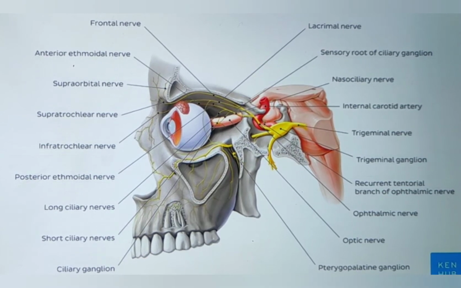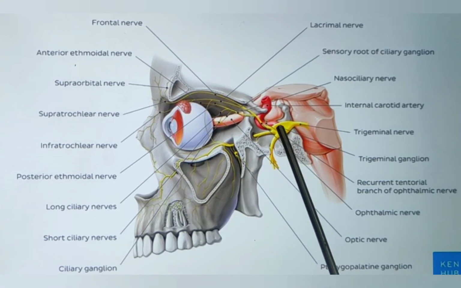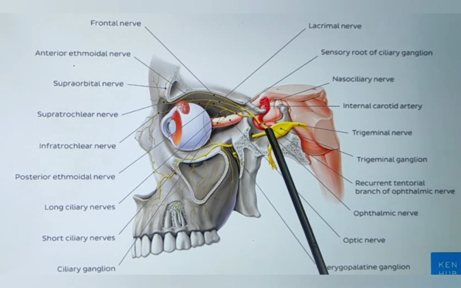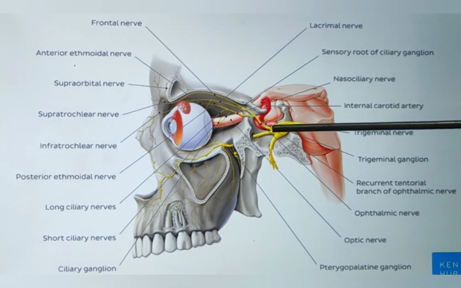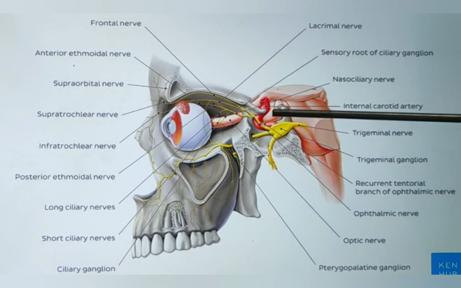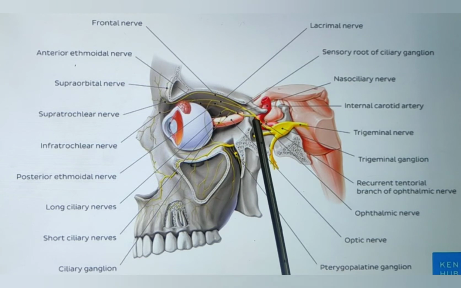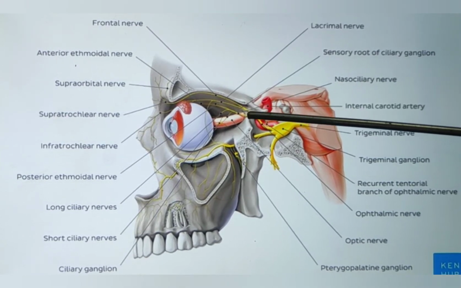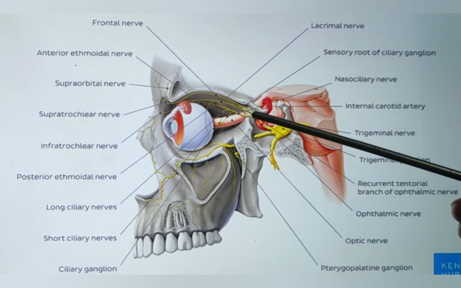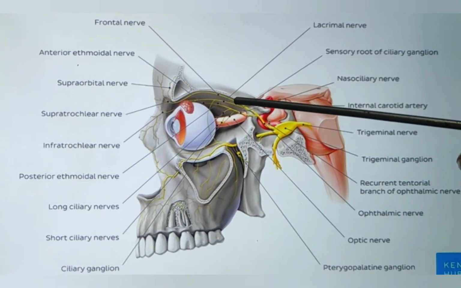Now let's start with the branches of the ophthalmic nerve. As we can see in this diagram, just after the ophthalmic nerve emerges from the upper anterior part of the trigeminal ganglion, it gives out a tentorial branch which supplies the dura mater. And now it moves forward and enters the superior aspect of the cavernous sinus. And after that, it divides into three branches: the frontal, the nasociliary, and the lacrimal. And after that, it exits the cranium via the superior orbital fissure, and the three branches separate out to follow their different paths.